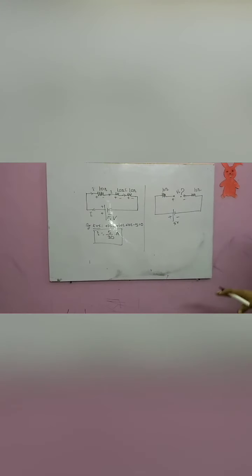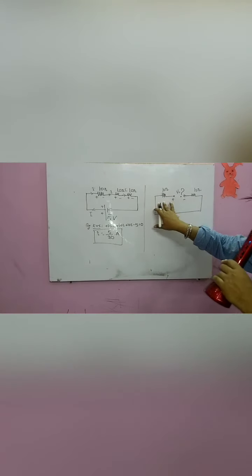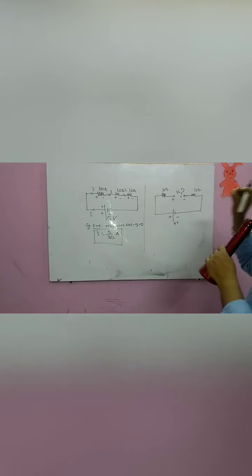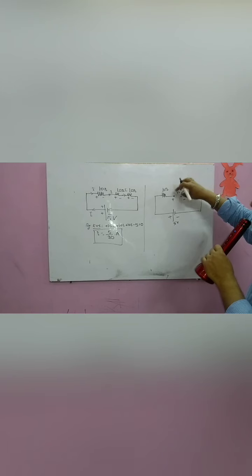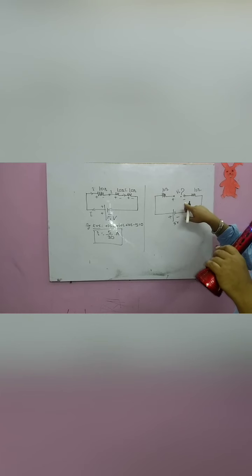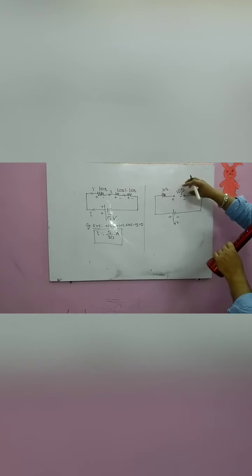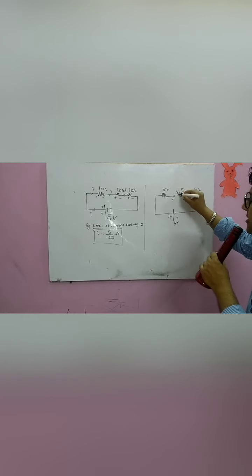But what is happening here? You are removing any one of the resistors. You can remove this one, you can remove this one, you can remove this one. You are free to remove any one of the resistors, and you are asked to find the voltage across the open circuited terminal. It means in the question it was given, find the voltage across the terminal from where the resistor was removed. This was the question. So let us assume that this voltage Vx is here.